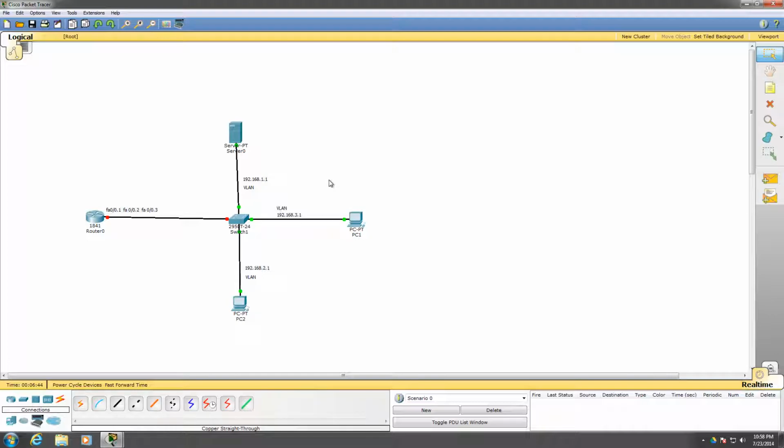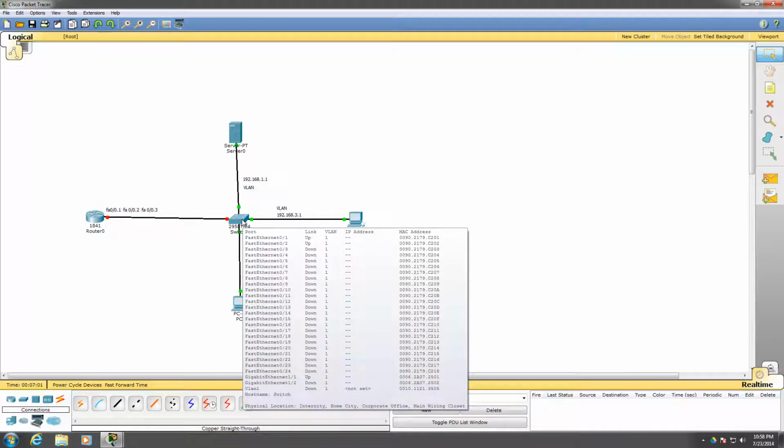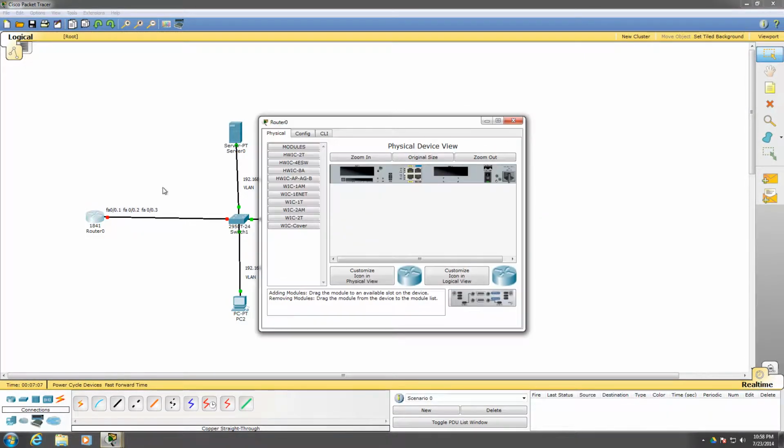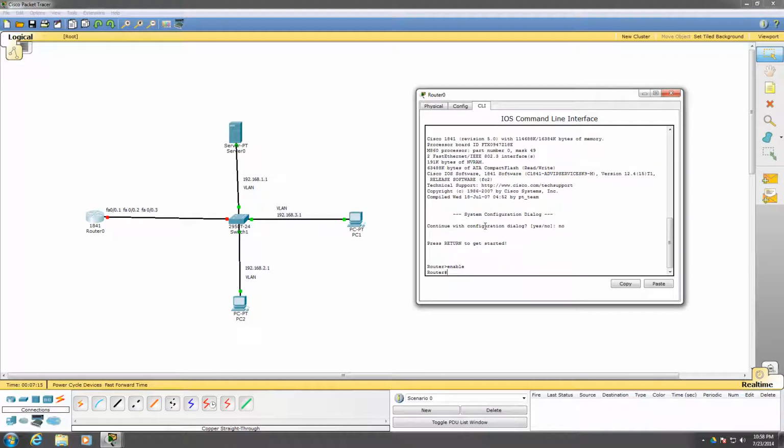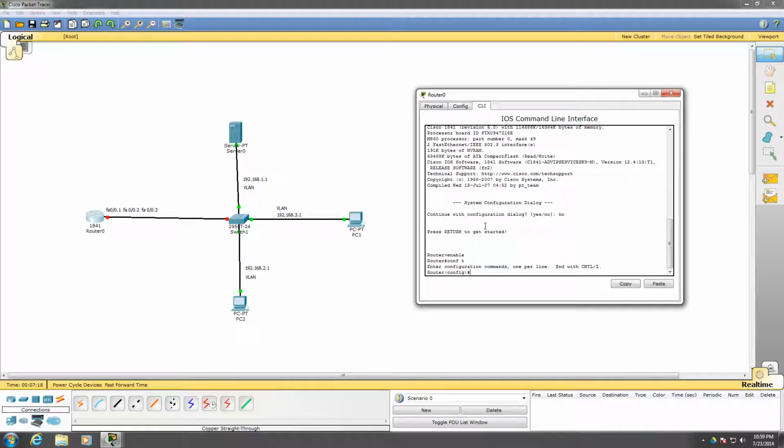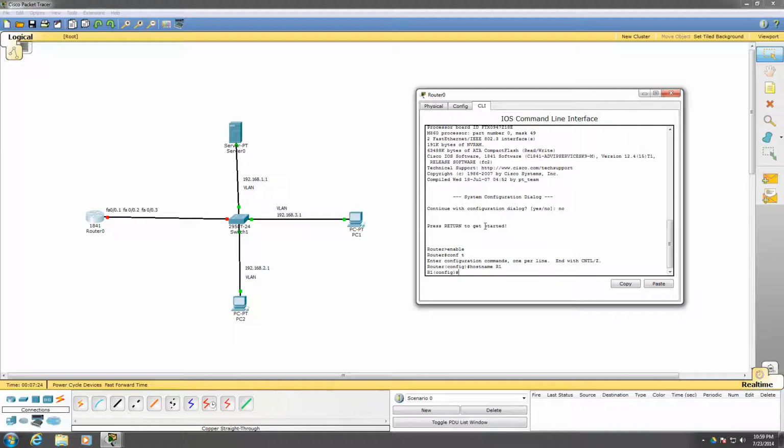Okay, once we have that set up, we'll go ahead and set this one up next. In the dialog, we want to set this up manually, so let's go enable. We'll go into conf t. I'm going to change the host name on this guy. Once we've done that, let's go ahead and